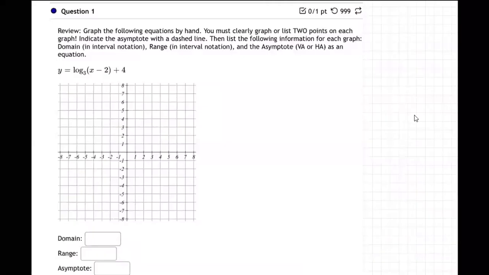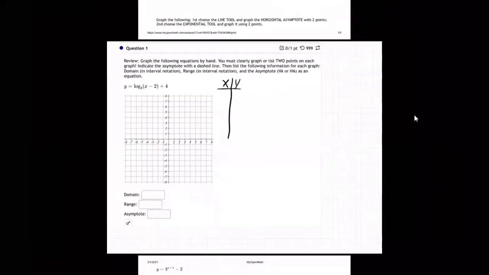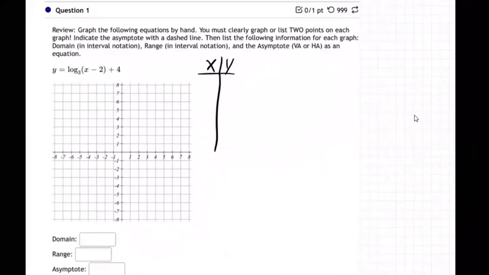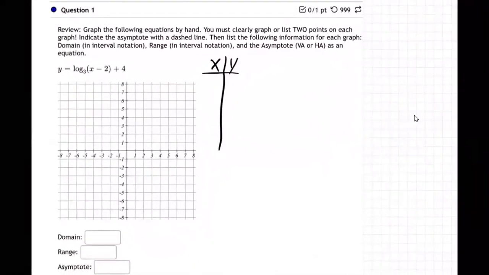Okay, so we're wanting to graph a logarithm. How do you graph a logarithm? Well, let me give you some important information. So basically, I would just make a table, kind of like I did for exponential graphs. And remember, just like for exponential graphs, I encourage you to plug in as your first point,